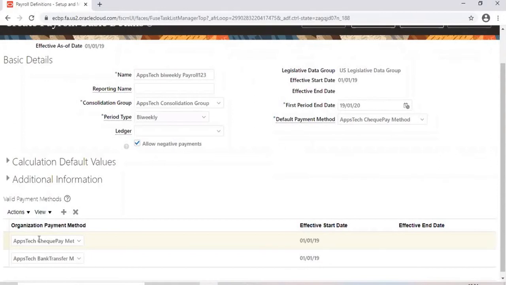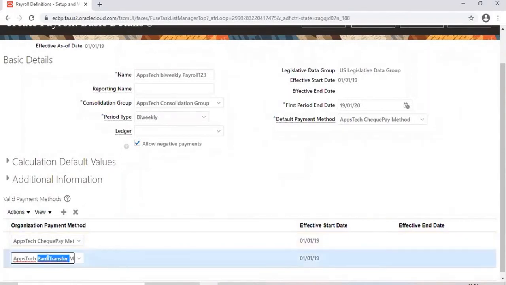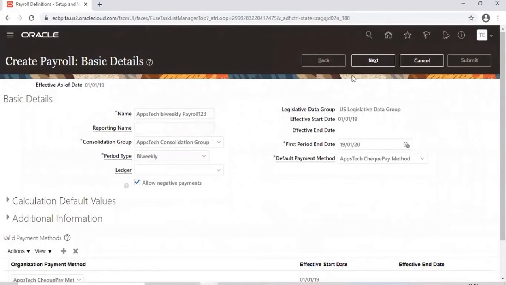If you attach the check payment method, in the employee screen you will not see bank details to enter. The fields will not appear. When you choose the bank transfer payment method, the bank details will be enabled and you can enter which bank and what the bank account of that employee is. So that is what the valid payment methods are.